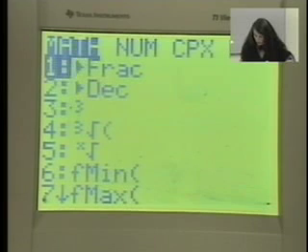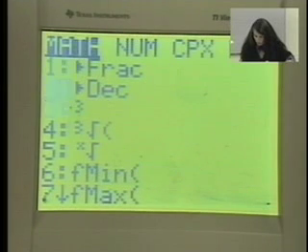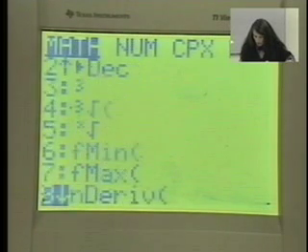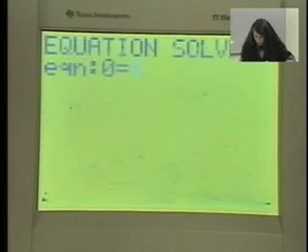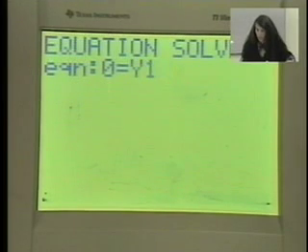If we press the math key and we move the arrow keys down, we will get to solver. So press math and arrow down to solver. This is just something on the side. Press solver, and let's do this. Let's set our equation to alpha y1, all right, alpha y1